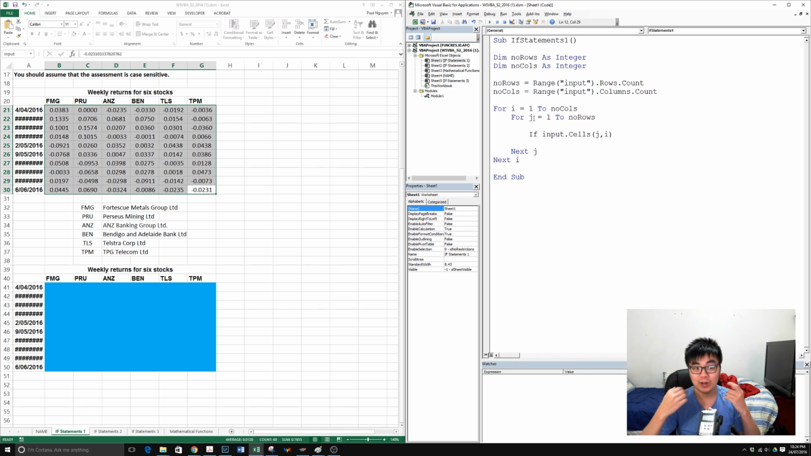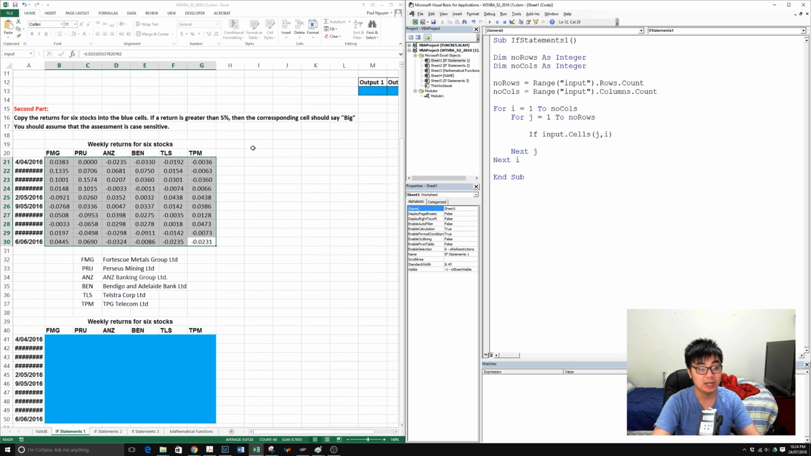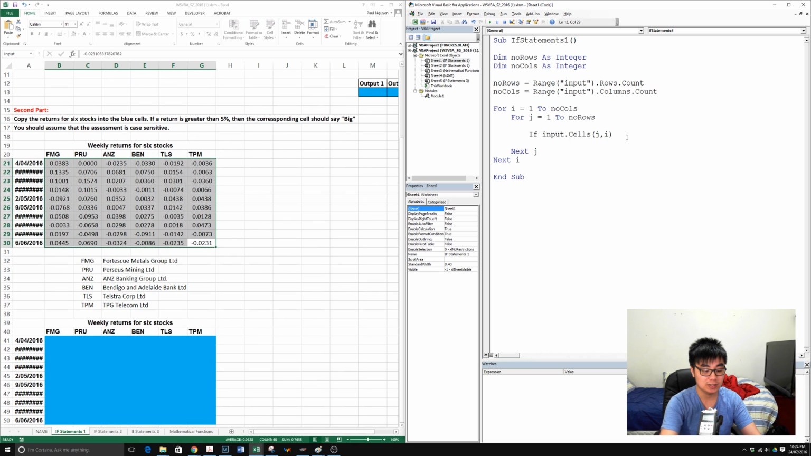So the reason why I do it many different ways is to show you that it doesn't matter which way you loop it as long as you loop across the row and also down the column, okay? It doesn't matter the order in which you do them. So if the input cells J comma I is greater than 5%, let's see if I'm right here. Yep, greater than 5%, so greater than 0.05, then,